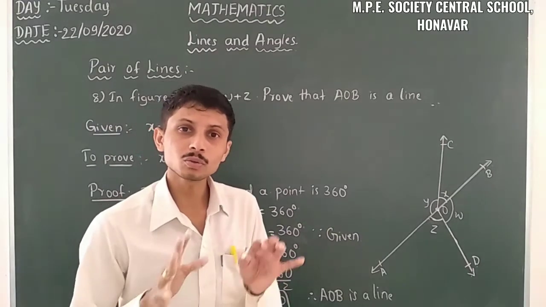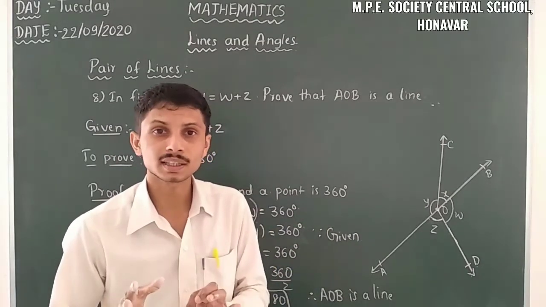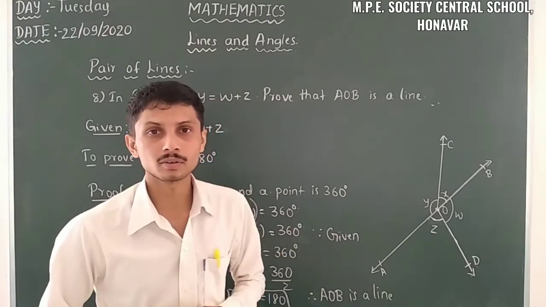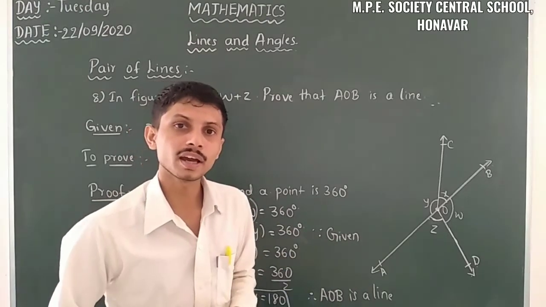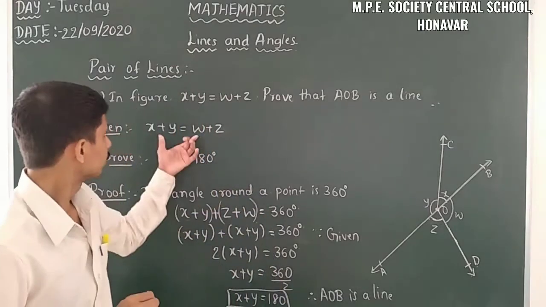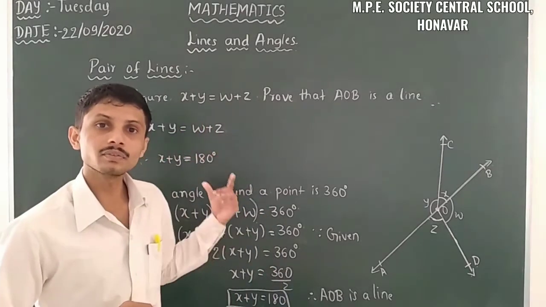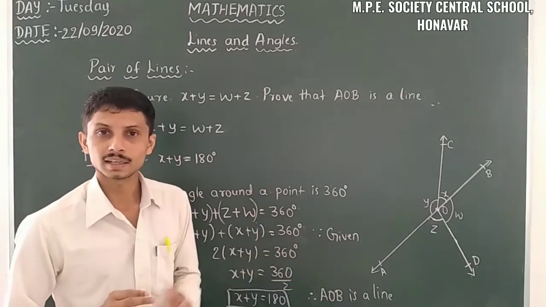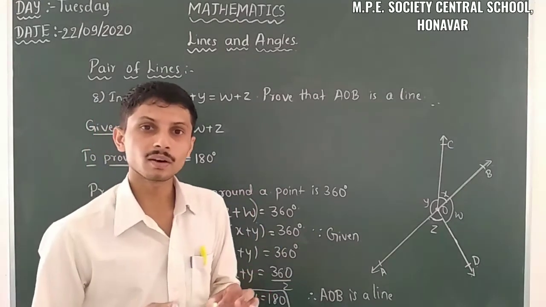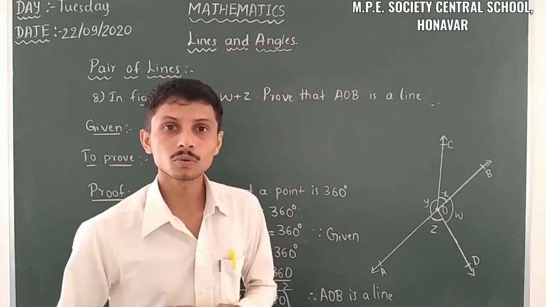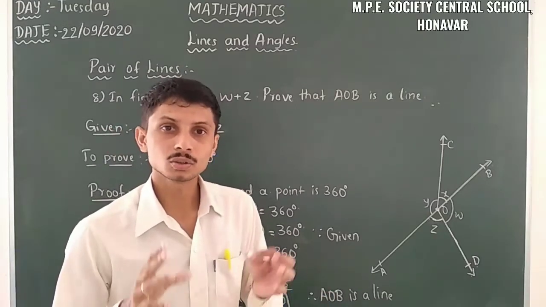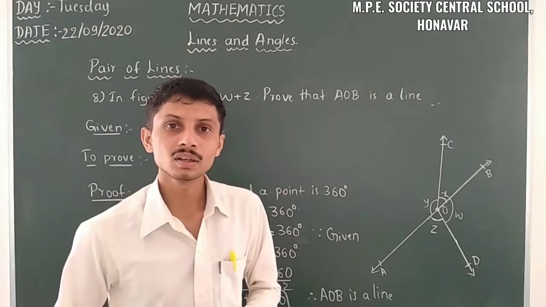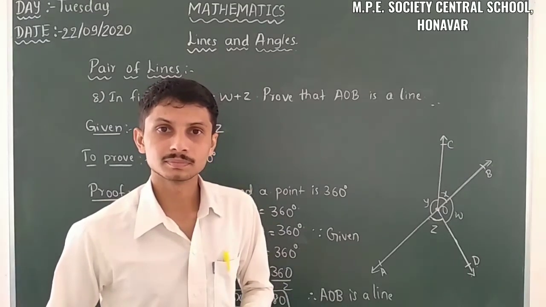So here we have to take the chances. What are the chances there? What is the next step we can take? Likewise we have to take here. Then we have to convert from the given terms. Then we have to prove AOB is a line. So here we have to know what the chances are, to prove the given quantity or to take unknown quantities.